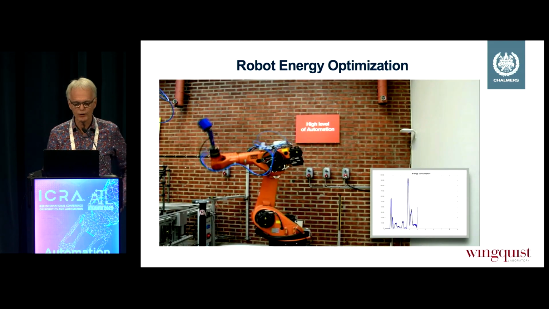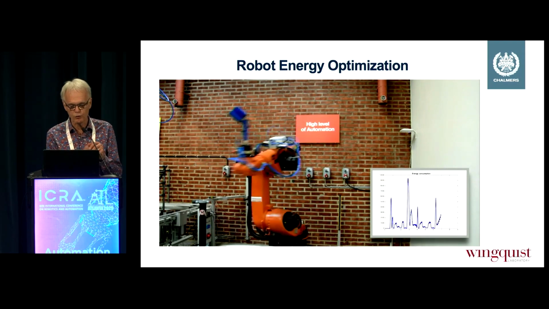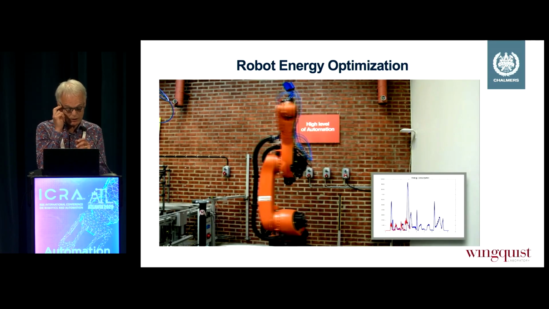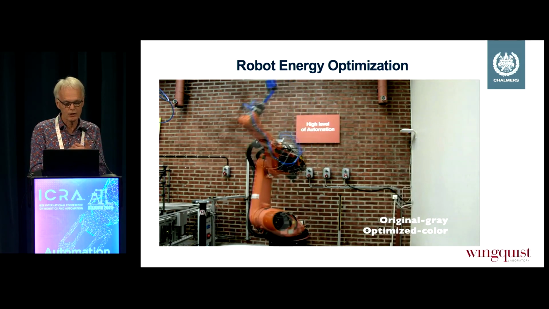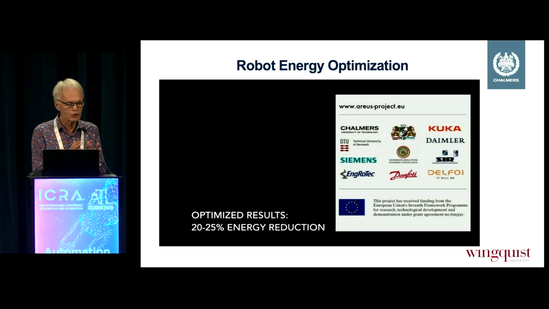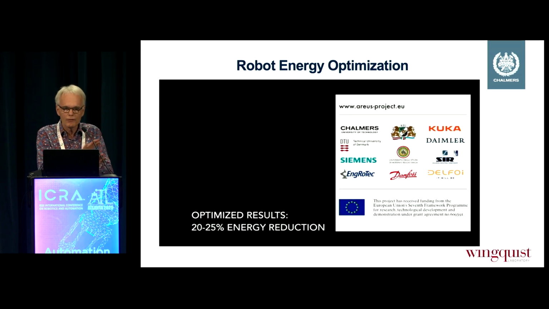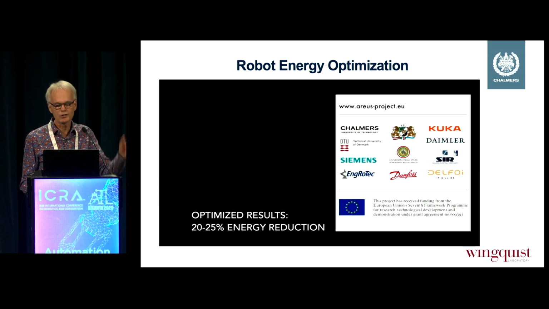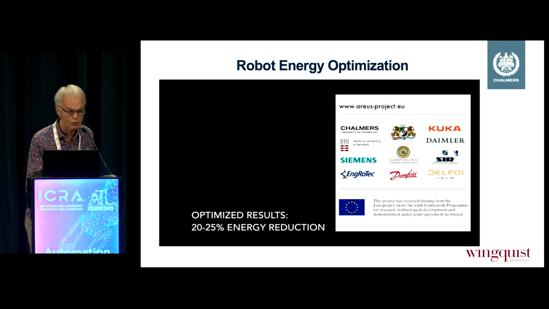So here is a movie where we have tried this concept also for a robot, energy optimization. And here it comes the energy optimal one. The first one was just recorded the original motion. Here you saw both solutions overlapped on each other, and you saw that they were moving more or less all the same. But still, they ended exactly at the same time, and I got 20 to 25% energy reduction. And peak power, a reduction of even 50 to 60%. Quite nice result. A collaboration with KUKA and Daimler.